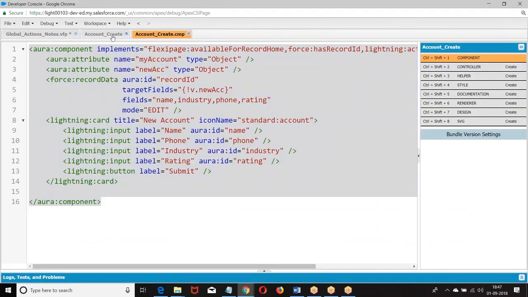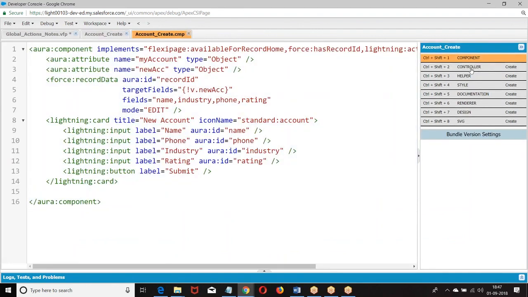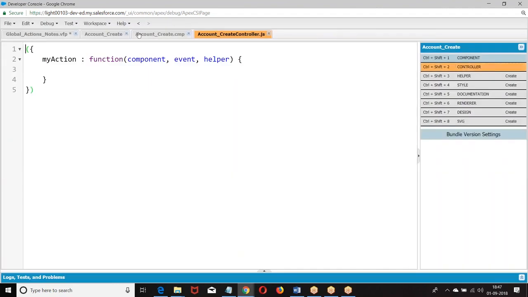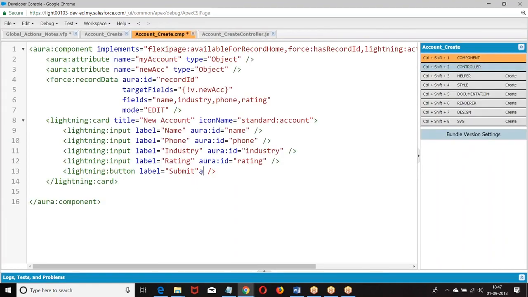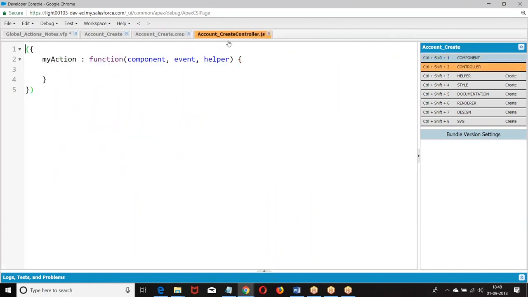So let me go back. We got a button here, submit, and the controller. Get.